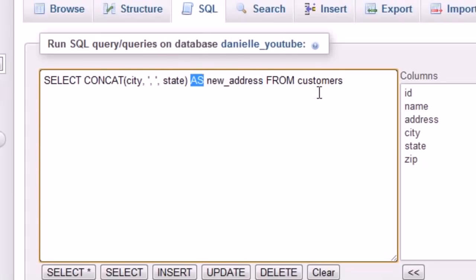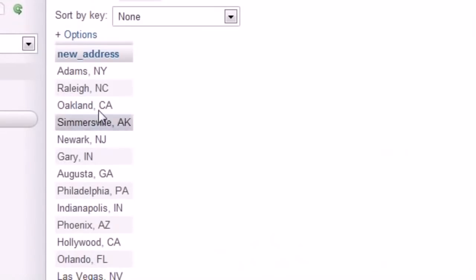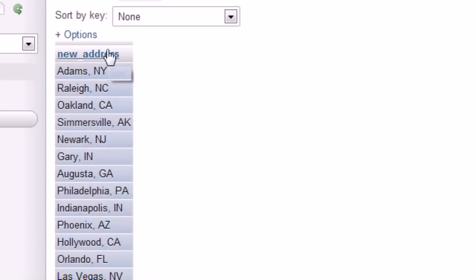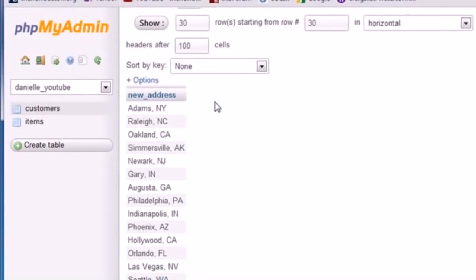Now, I just went ahead and messed that up, so let me go ahead and run this and check it out. Now we have our custom column formatted exactly how we wanted it to be formatted, and it now has the name new address. So now whenever we are working with a program like PHP that needs to know the name of this, it knows whenever it uses the name new address to use this information. It's pretty much like a nickname that you can give to your column, so whenever you're programming, you can refer